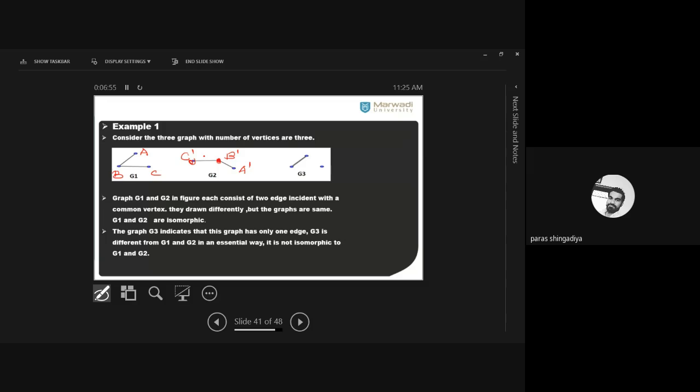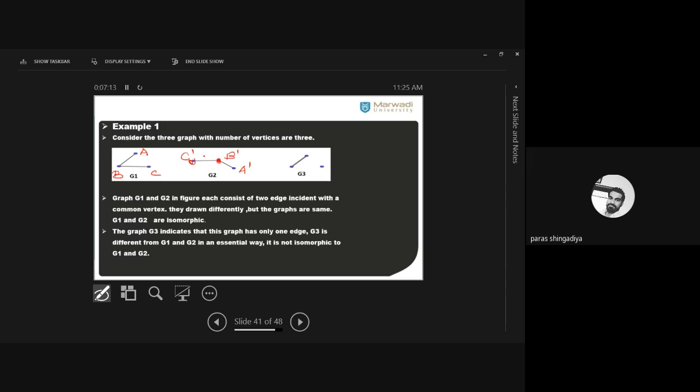It is for a simple graph of 3 vertices and 2 edges. Clear? Both sketches are different. The structures are different, but now you have to check whether they are essentially the same or not. Whether both are equal and the same or not. Okay, meaning isomorphic or not. So that is a one-to-one correspondence relation.